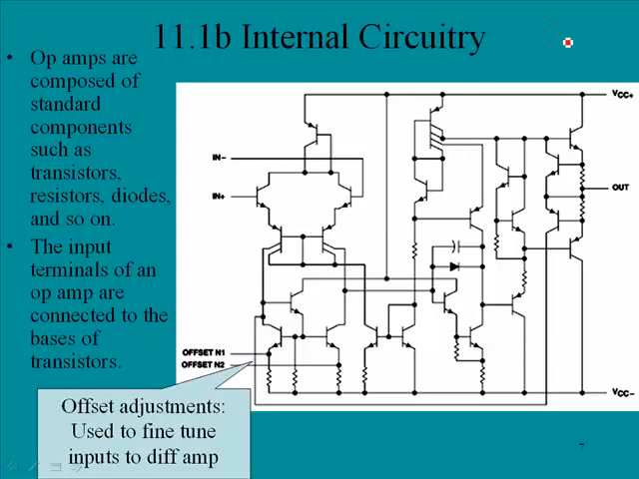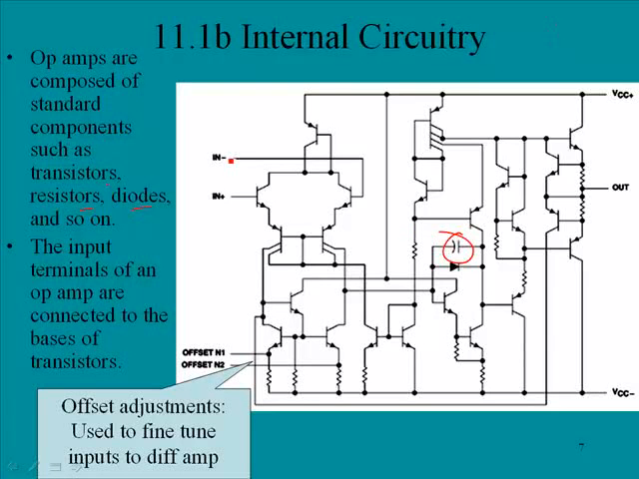We're continuing in 11.1, and we're looking at the internal circuitry of an op-amp. Op-amps are composed of standard components such as, notice, transistors, resistors, diodes, and so forth, and a capacitor right here. The input terminals of an op-amp are connected to the bases of transistors, and so if we look at this,